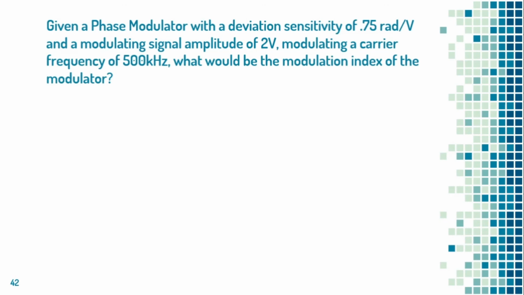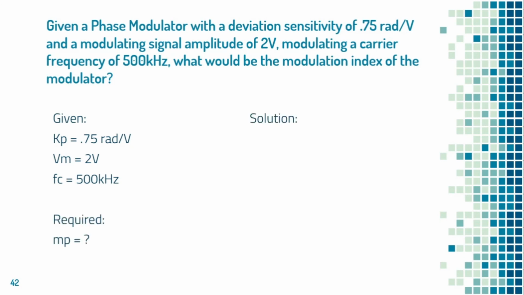So here's an example. Given a phase modulator with a deviation sensitivity of 0.75 rads per volt and the modulating signal of amplitude of 2 volts modulating a carrier frequency of 500 kHz, what would be the modulation index of the modulator? Daming modulation. The given is yung deviation sensitivity ng phase modulator, which is 0.75 rads per volt, the modulating voltage of 2, and the carrier frequency of 500 kHz. Tapos ang hinahanap natin is yung